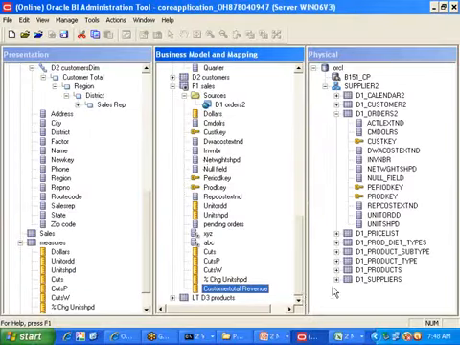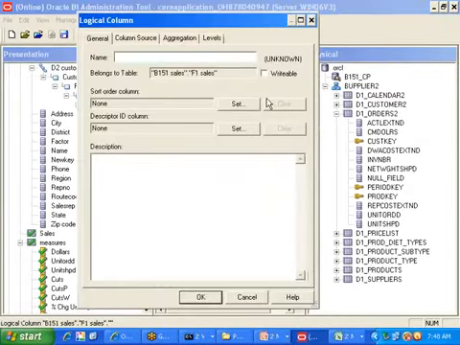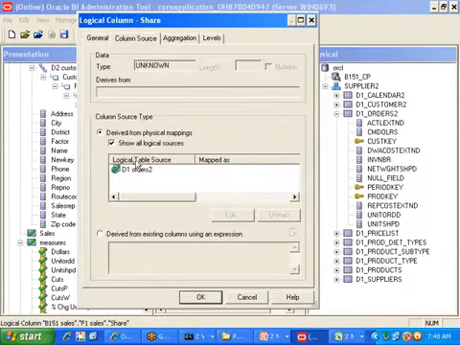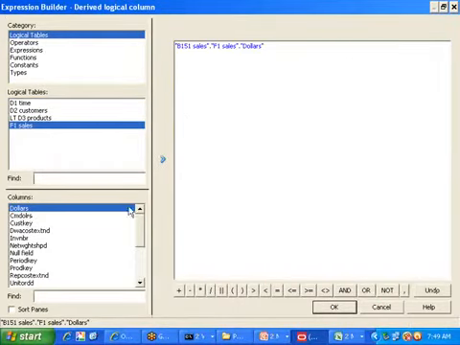Go back, and I'm creating one calculation here. Right click, new object, then logical column. Then I'm calling this Share Calculation. Then I'm going for column source, derived from existing columns, Sales dollars divided by, what's that?